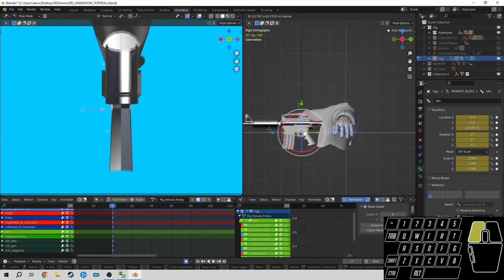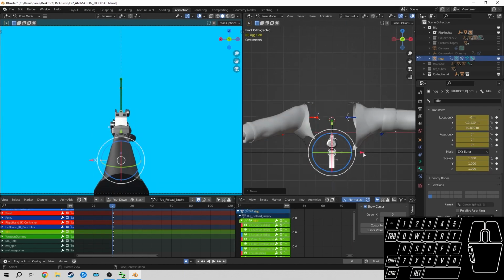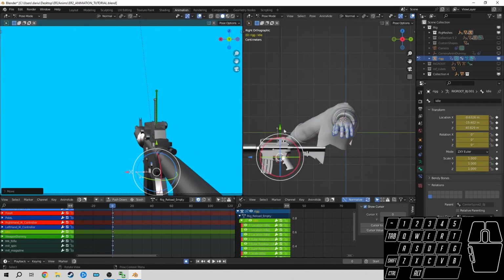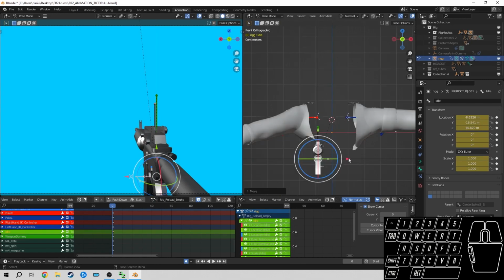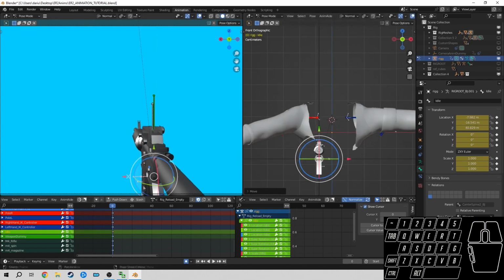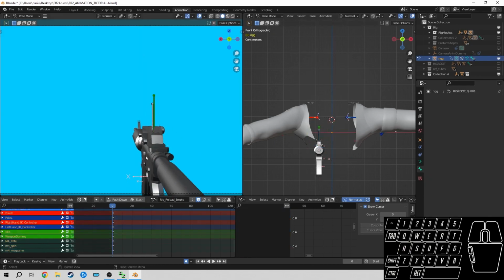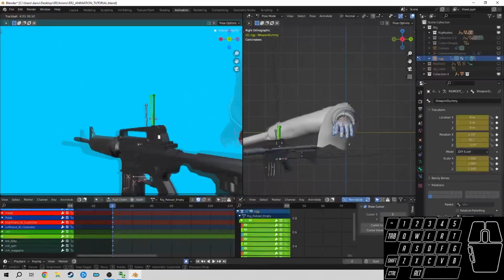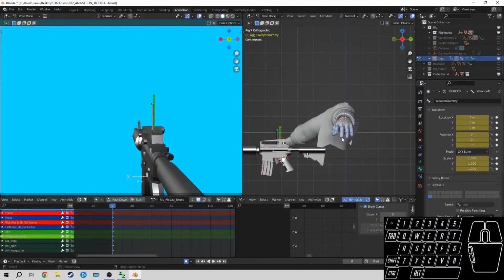So you want to move that somewhere like here. Okay. Once you have done the idle, now you can move the weapon dummy, so you can create reload animations and that sort of stuff. But anyway, let's go back to